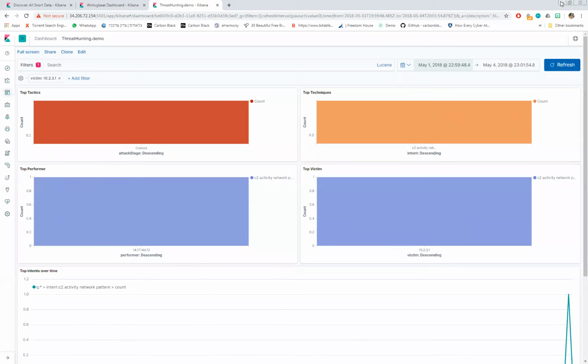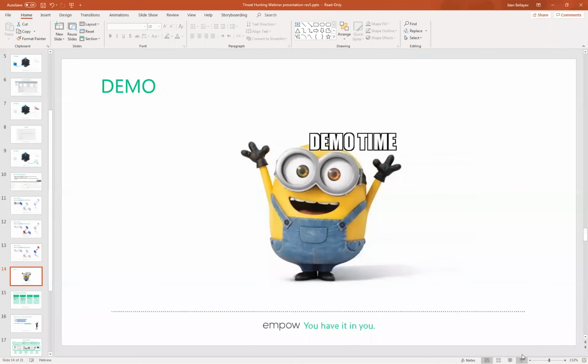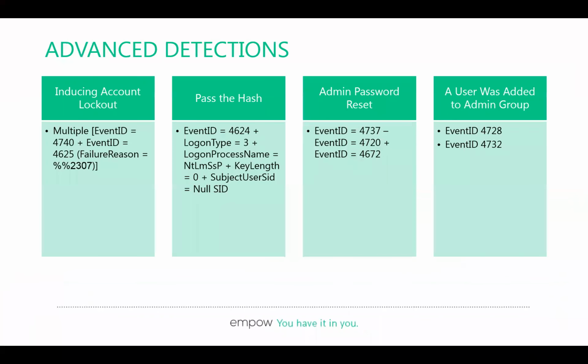So this was the demo that we made for you today. But I also want to show you some examples of more complicated and advanced detection that you can do on your own. I showed you just a simple brute force attack, but you can really take these events from the Windows security events or even the Snort ones and try to find more complex things like pass the hash or some manipulation of admin users, like reset password for an admin or adding a user to an admin